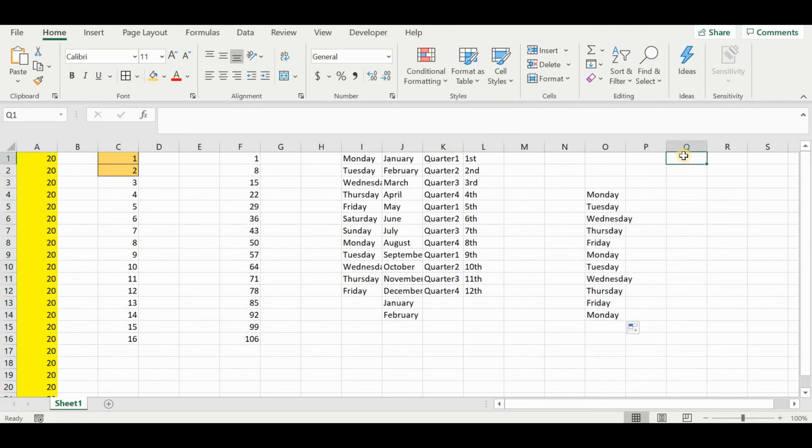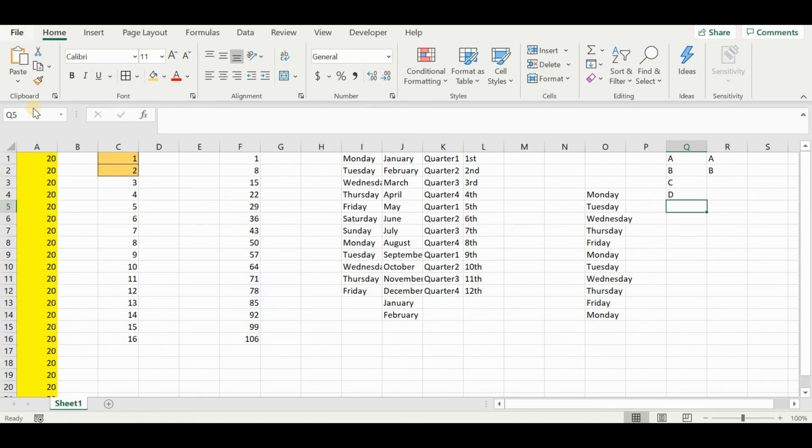Let's learn one more thing. Suppose you want to create a list of your own. Let's say it is A, B, and C. If I type A, if I type B, let me first see if it is already there. It's not there. If you see, only A, B is coming. But I want A, B, C to be a list, or maybe A, B, C, D.